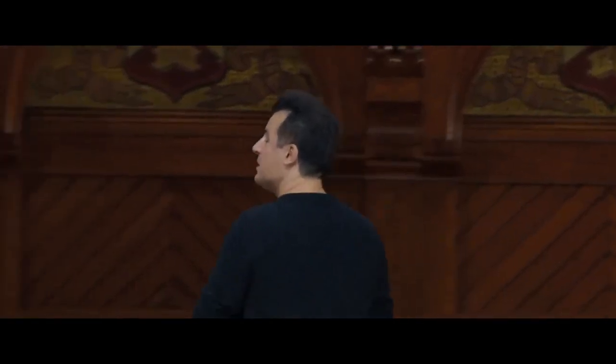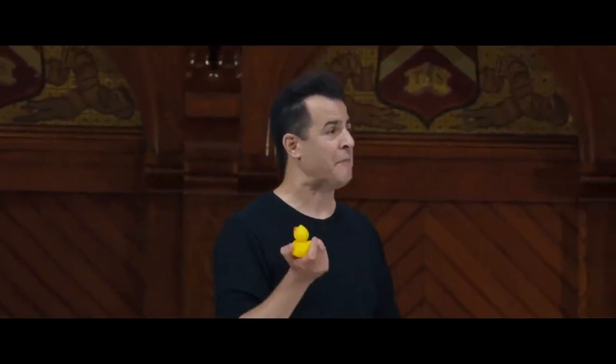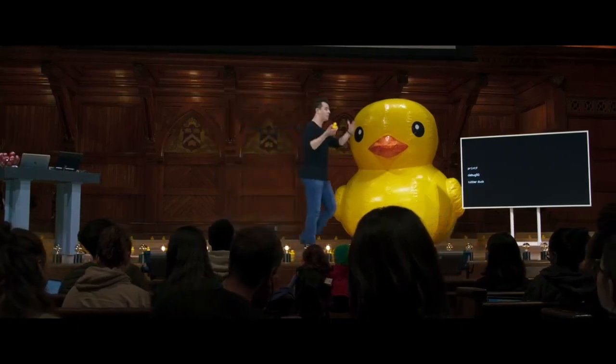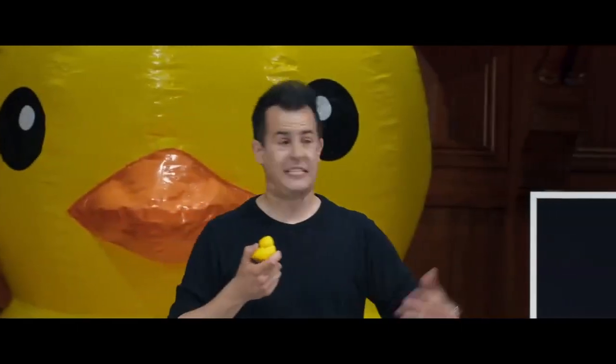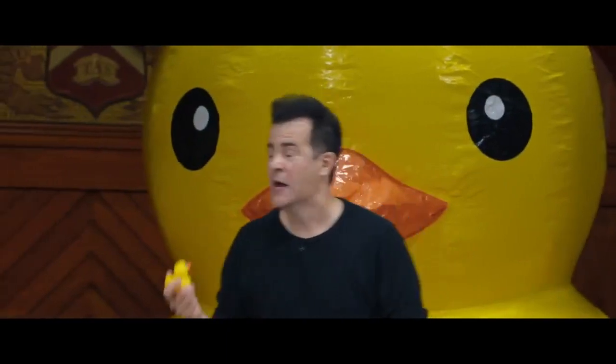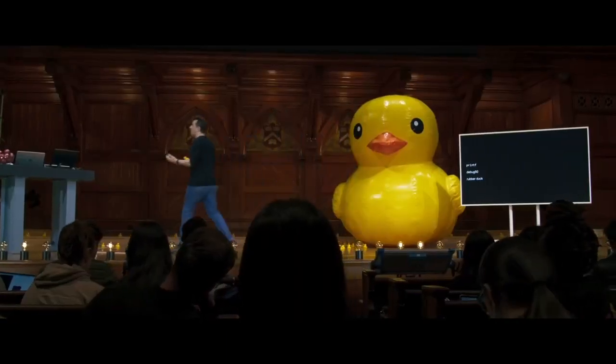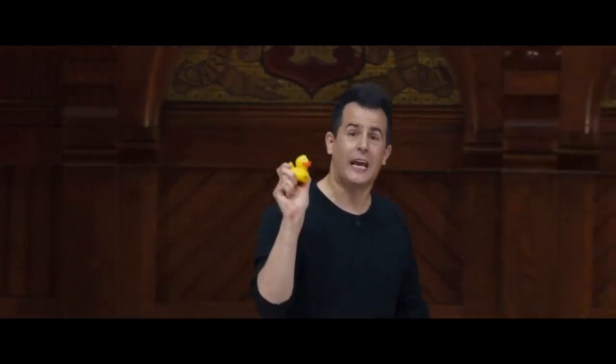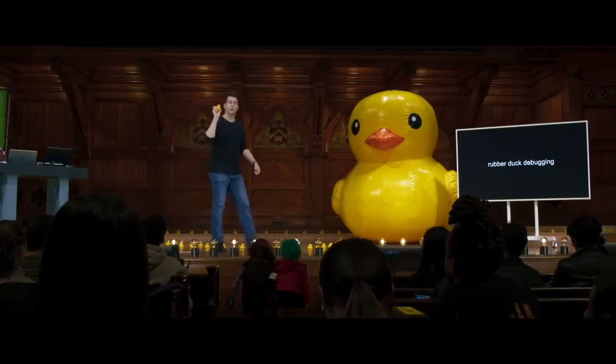OK, so let me give you a third and final technique for debugging, which has kind of been looming over us here for some time. So there is actually this technique known as rubber duck debugging. And in the absence of a roommate who's taking CS50 or who has taken CS50 or knows how to program, in the absence of having a TF or TA or CA sitting next to you, in the absence of having a family member available to ask questions of, if you have simply an inanimate object on your desk, goes the tradition, just talk to that inanimate object. Better yet, if it's an adorable rubber duck in this way.